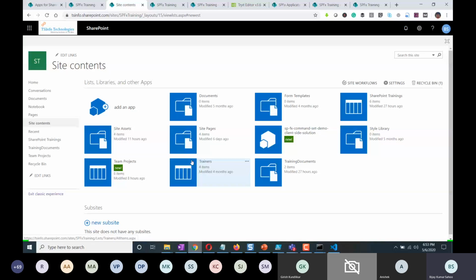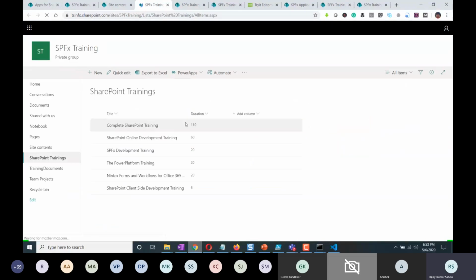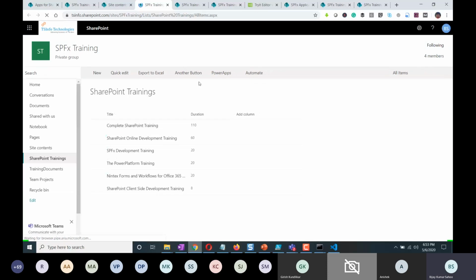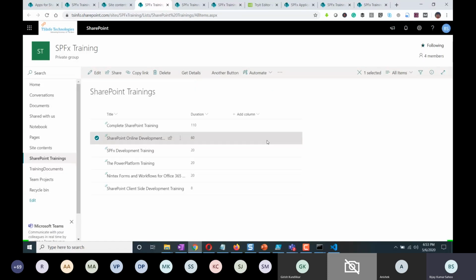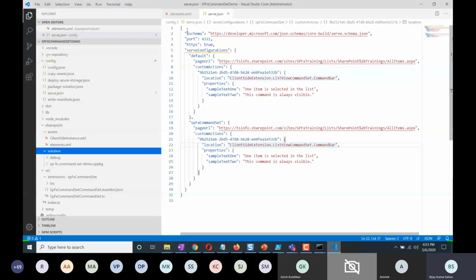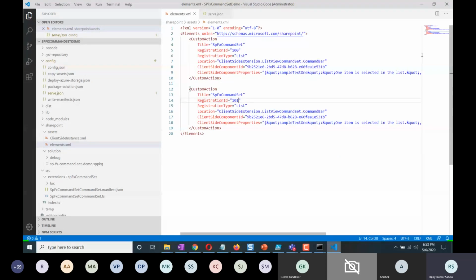If I open my SharePoint trainings list, so this is basically the list. You can see here by default, the another button is coming and it is live on the SharePoint site. If I select this and click on get details, you'll be able to see the duration as well. Since we have deployed for both lists and libraries,